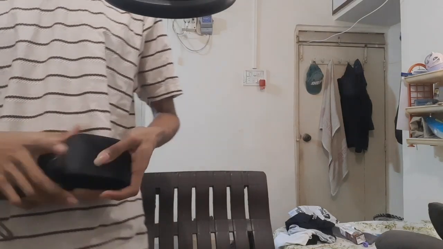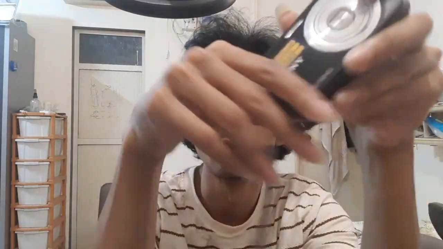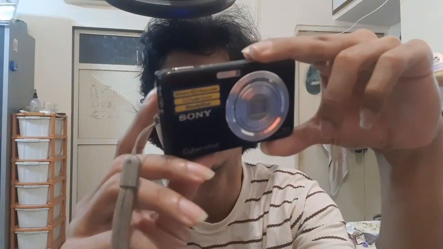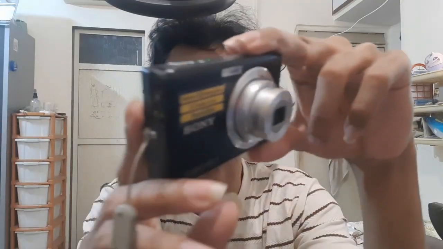This is the camera. So this is the case for the camera. It's like a nice cloth case. This is a Sony old camera. I had to get a, yeah, so there are no images right now. There were some images, but I've already transferred them to my computer. And this is the